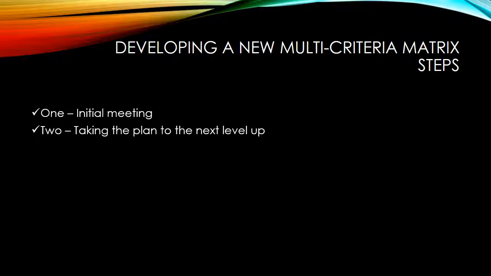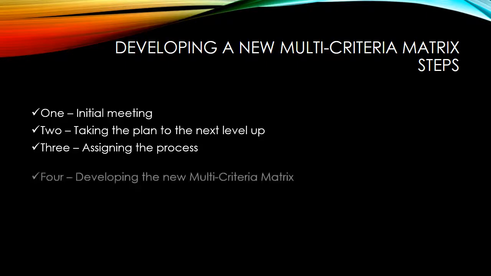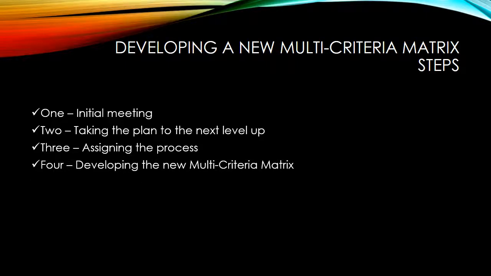to bring her on board with this plan, because the 3rd step would then be her assigning somebody in the psychology department, be it the head or a different person, in order to make this plan work, because the gifted department and the psychology department are going to have to work together, as it ultimately will be the psychologists that have to use this matrix. So the 4th step would then be actually developing the new matrix between the psychology department and the gifted department. The 5th would then just be to train the rest of the gifted staff and all of the psychologists that will be using the matrix.